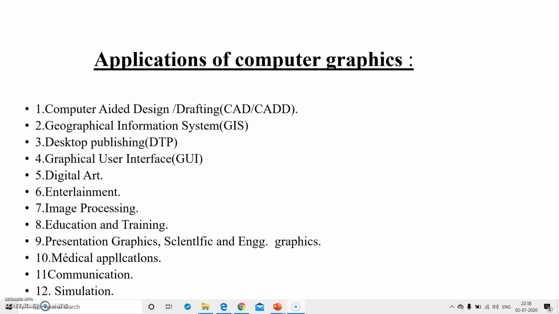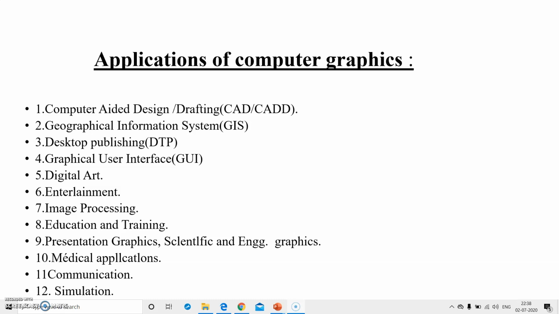The fourth application is GUI. You very well know about this topic. GUI is a graphical user interface. It is a computer program that enables a person to communicate with a computer through the use of symbols, visual metaphors, and pointing devices. A graphical user interface is a type of user interface which allows people to interact with a computer and computer-controlled devices.